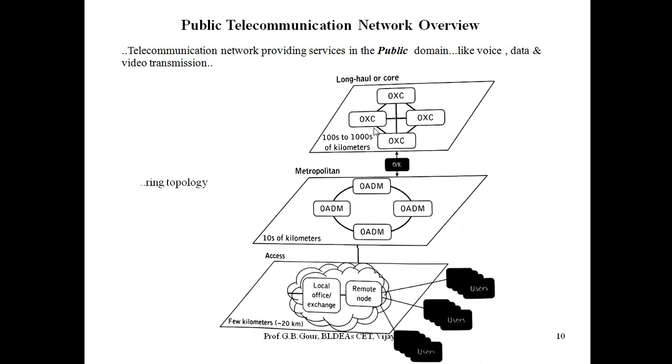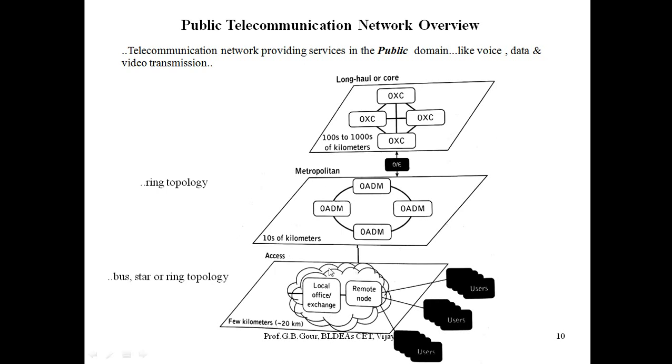In the long haul network, optical cross connectors provide the interconnection between the nodes, whereas in the metropolitan network, the second level, optical add-drop multiplexers provide the interconnection between the nodes following the ring topology, with a network range of up to tens of kilometers. Along with this, the metropolitan area network is also useful in the formation of access networks. It can range from a few meters to 20 kilometers. This access network may be a bus, star or ring topology based on the requirement.